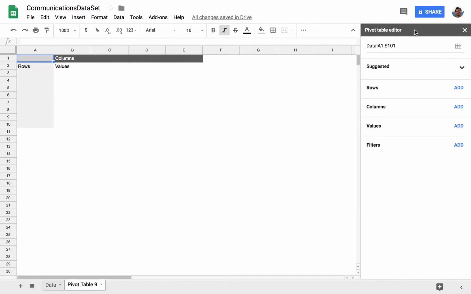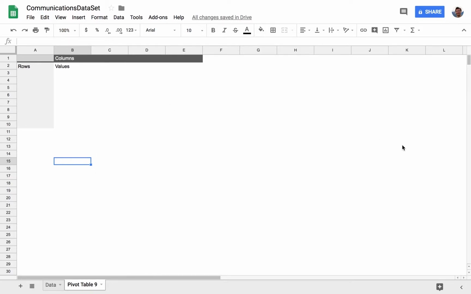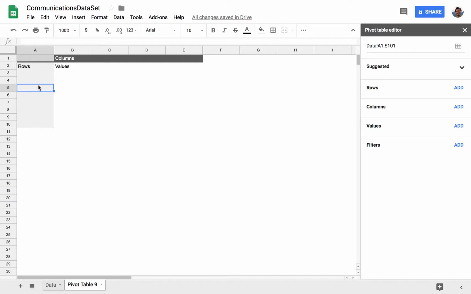to use primarily. To demonstrate the utility of a pivot table, I would just want to walk you through a very quick example. If you happen to click outside of the pivot table, the editor disappears. So if that happens to you, just remember to click back maybe into the rows and it'll reappear. So here's the idea. Each one of these rows, columns, values, filters is going to add a certain element to your pivot table. So what we want to do, we're going to start with rows, and we click on the